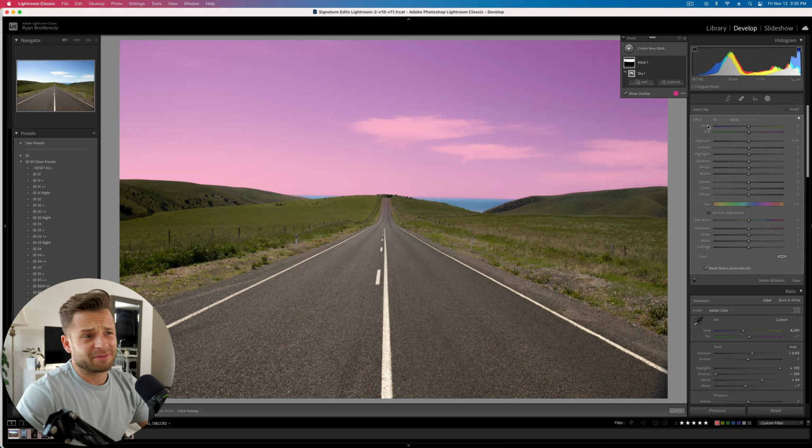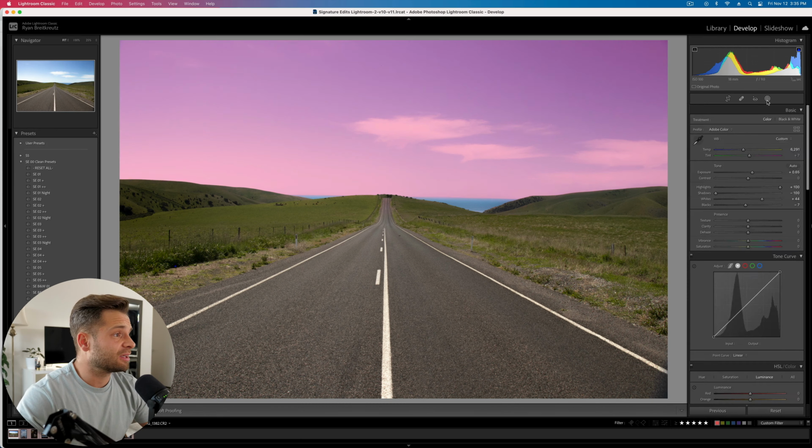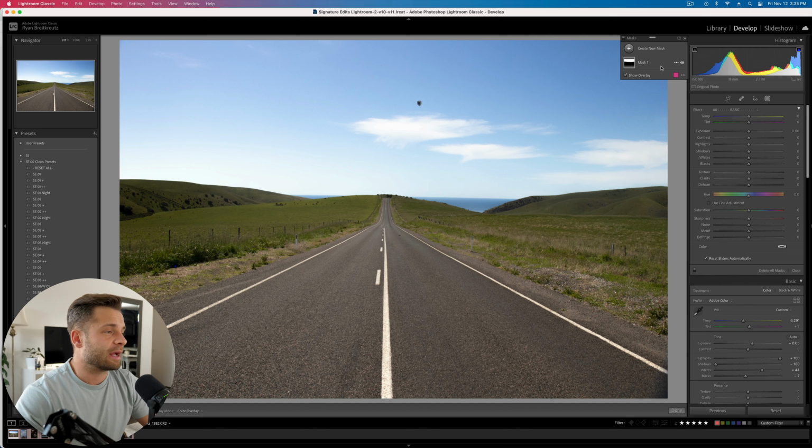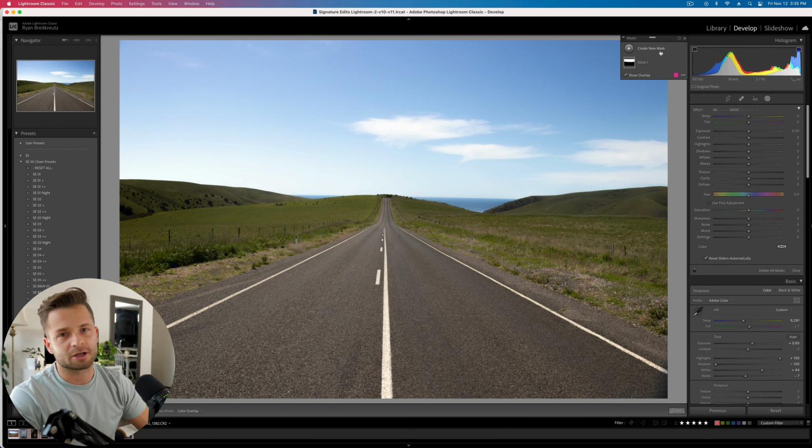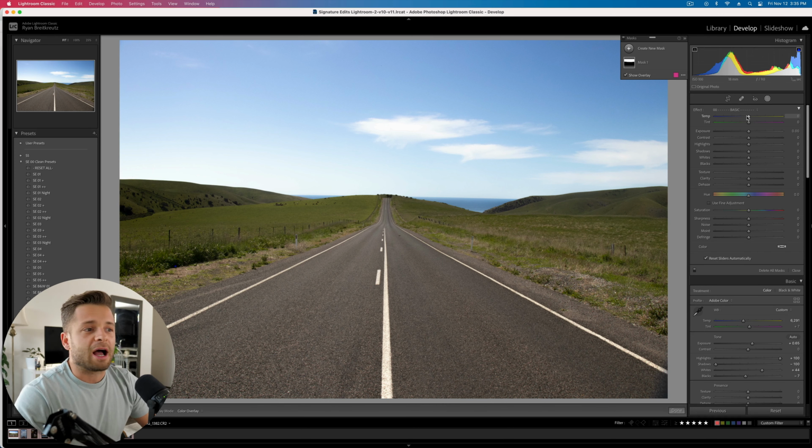One little thing too, if Lightroom is watching, it's really annoying, guys, that you added shortcuts for everything, for the brush, for the radial filter, whatever, but you didn't add one for Select Sky or Select Subject. So now every time I want to add a subject mask, I have to go up here, Create Mask, Select Subject. Again, 2 clicks when it should be 1 click. It's just less efficient. So I've selected my sky,